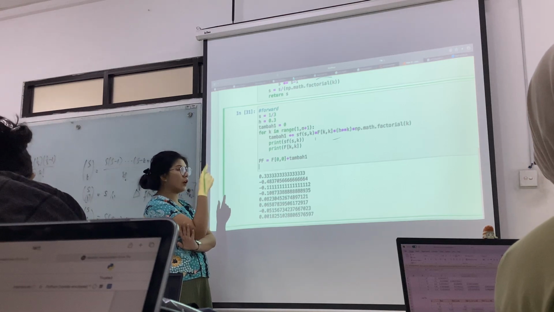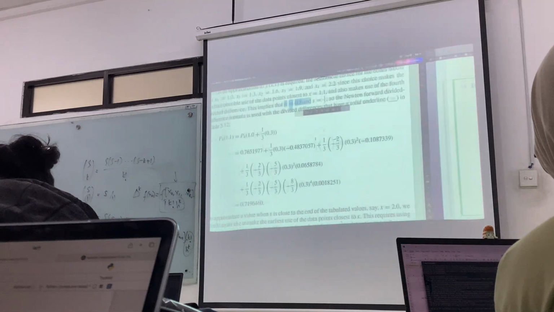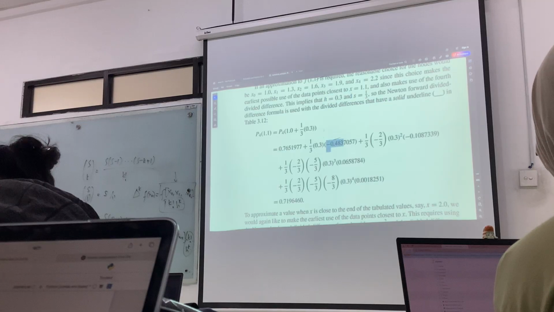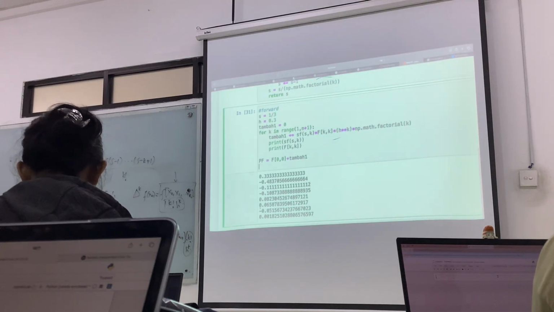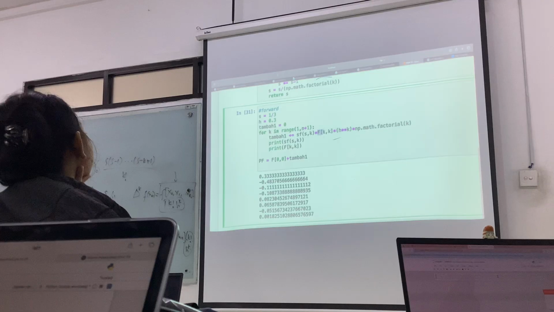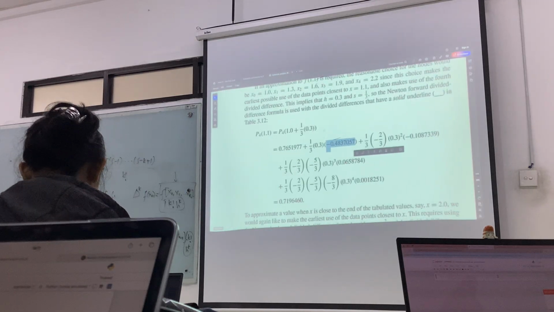The first value we call from our matrix is this. That's correct, right? This value. Okay. And after that, we call minus 0, which is correct. We have no problem with that until 0.0018.